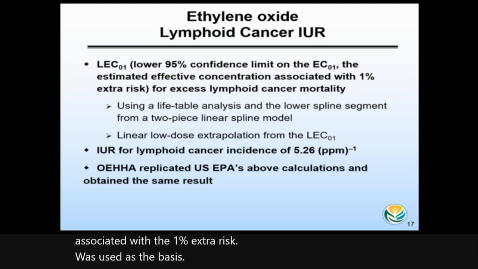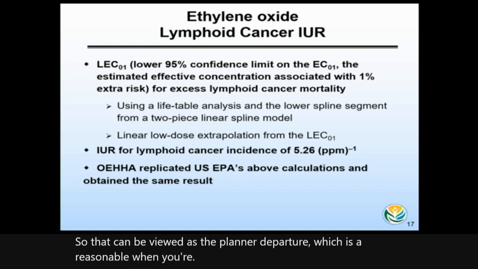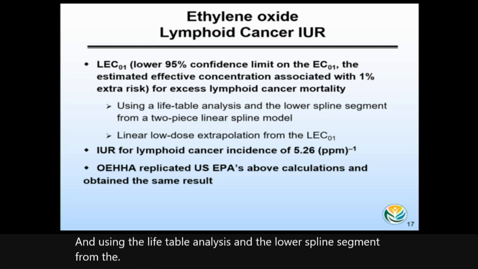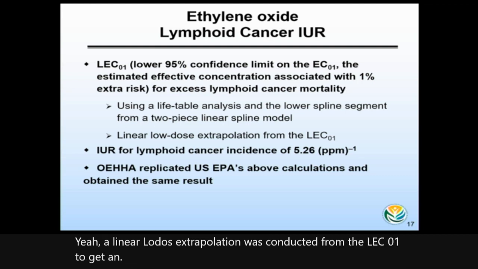So that can be viewed as the point of departure, which is reasonable when you think about an epidemiological study. And using the life table analysis and the lower spline segment from the two-piece linear spline model, a linear low-dose extrapolation was conducted from the LEC01 to get an IUR for the lymphoid cancer incidence,